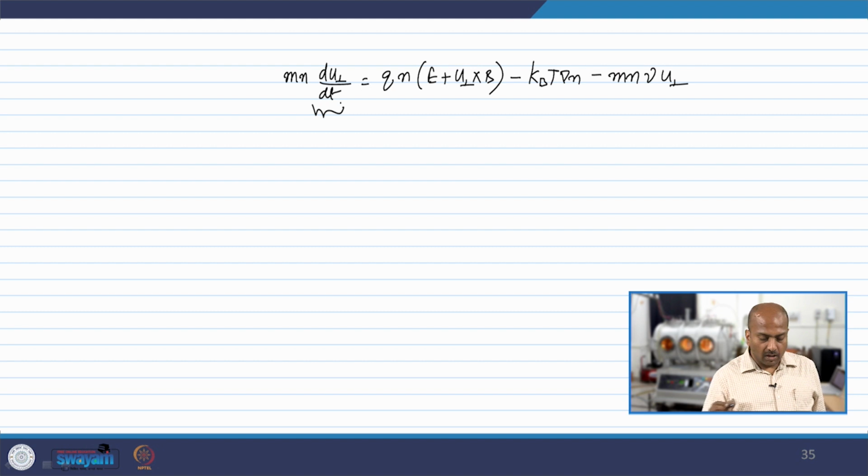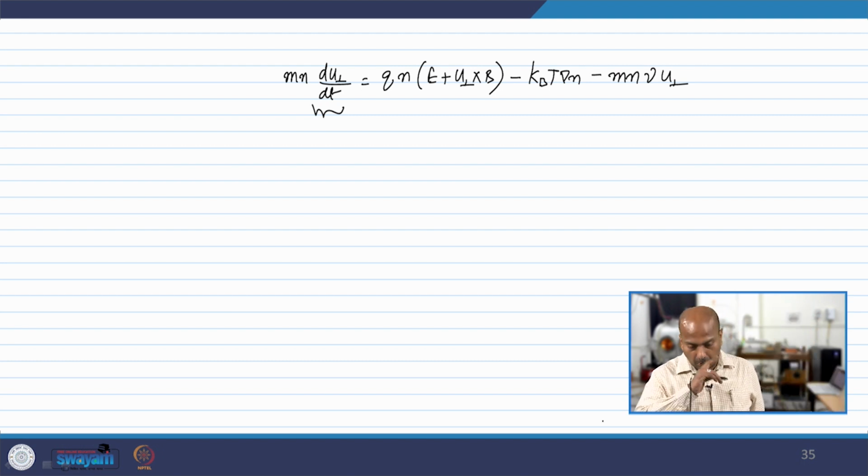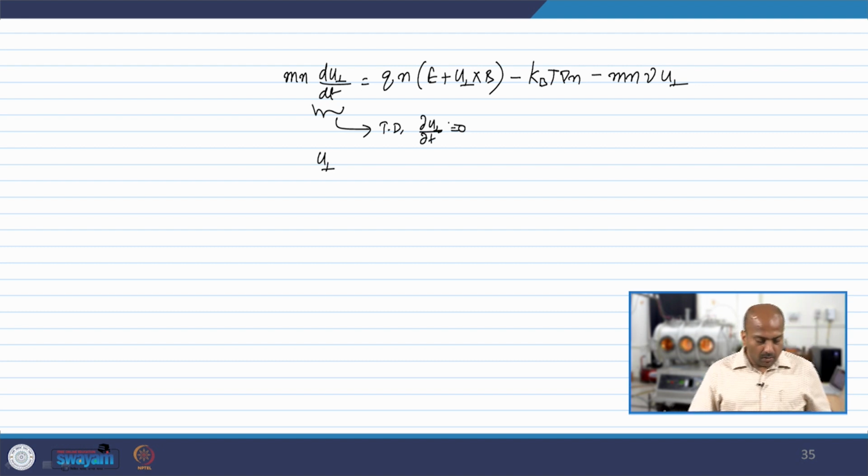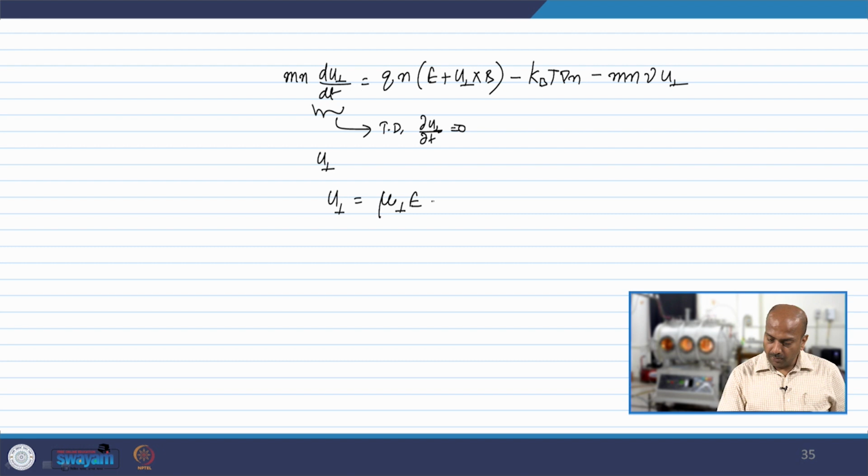So, this has to be a total derivative. The partial derivative will become 0 considering a steady state, so what we will be left with is the advection term. Since these things are very much familiar to you, or we have discussed them multiple times, what we are interested in is to find an expression for u perpendicular. So, this has to be expanded to the total derivative, and steady state means dou u perpendicular by dou t becoming 0. Solving for u perpendicular, we get u perpendicular as mu perpendicular times E